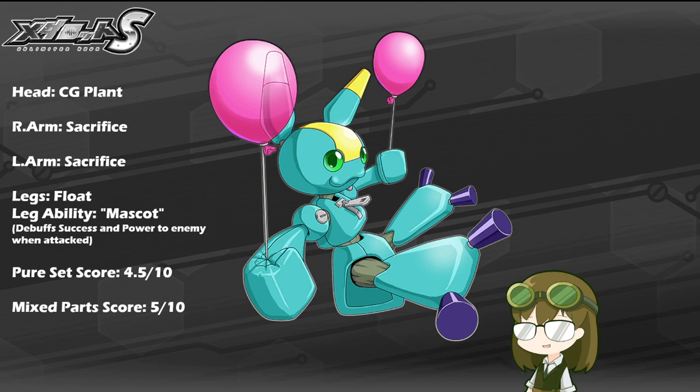Plus, again, once he does end up using his arms, unless an ally next to him has restore or something on the field to bring him back, that's kind of it for him, unfortunately. As mixed parts, though, I do easily have to rate him just a little bit higher at a 5 out of 10, given that, again, even though his kit by itself may or may not synergize with itself moderately well,